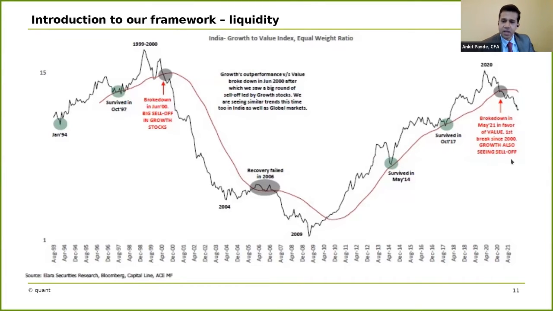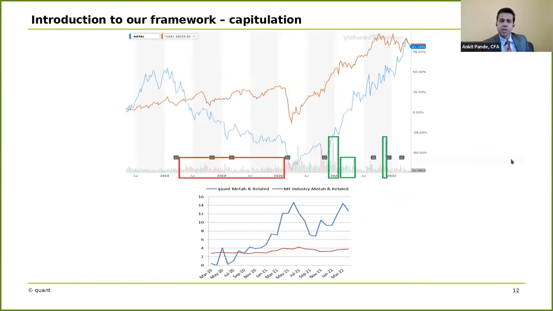And now, ladies and gentlemen, this is a little bit of background on liquidity. And again, I hope you can understand that although you don't have access to EPFR in the most common sense way, if you just observe the flows and observe some of the commentaries, you can understand the change in dynamics of growth versus value stocks. And that is very key to pick up, even if you can't build indicators around this concept. But coming to capitulation and euphoria,